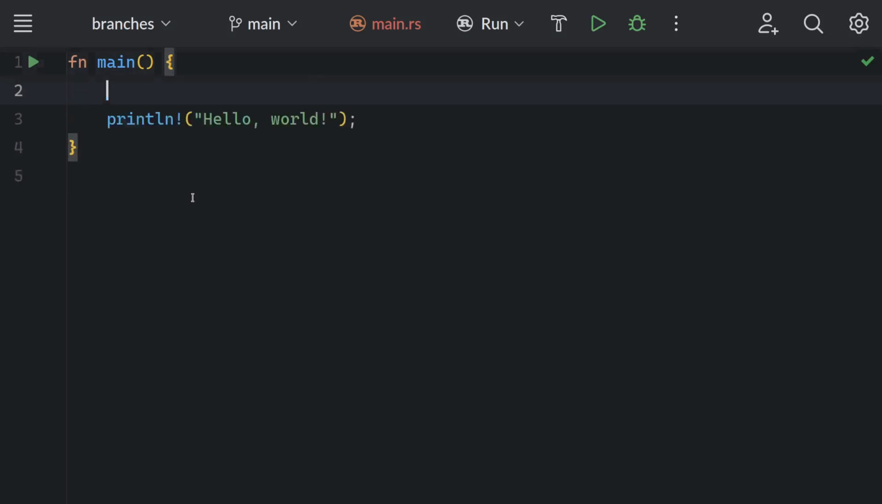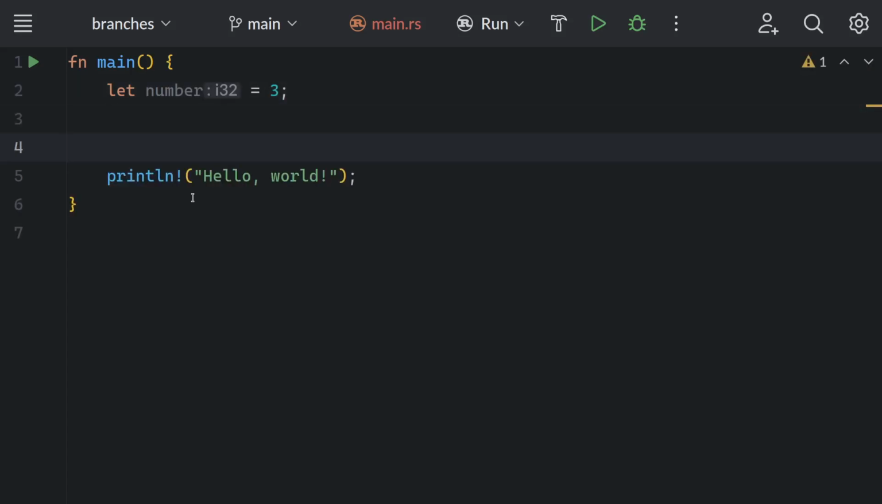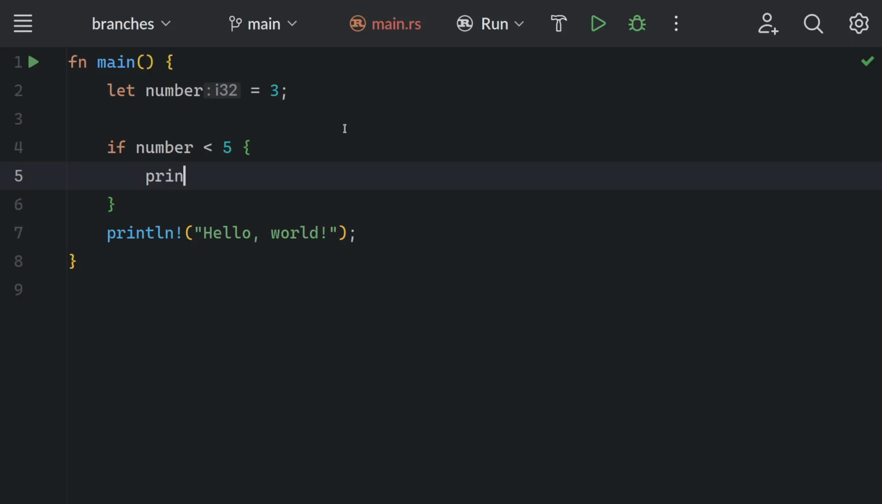So if expressions are simple in Rust. For example, let's say we have a variable called number, which is 3, and now I want to check some conditions against the number variable. The syntax is like this. I can say if and put my condition here. If number is lower than 5, for example, here I have something to do. For example, I can print the condition